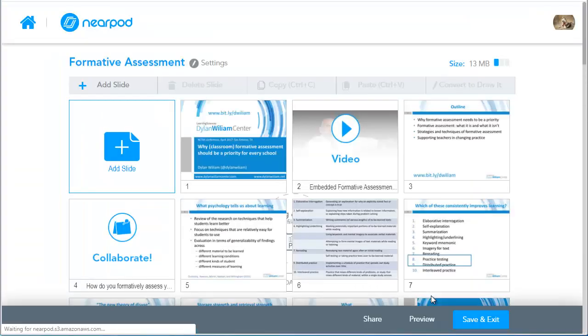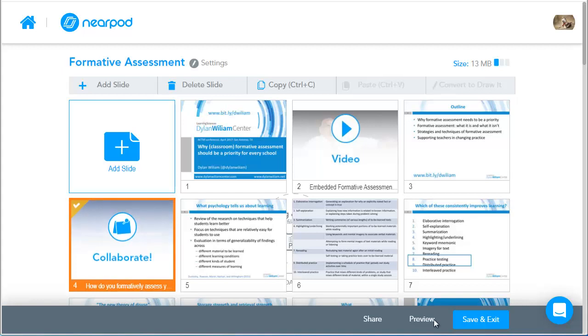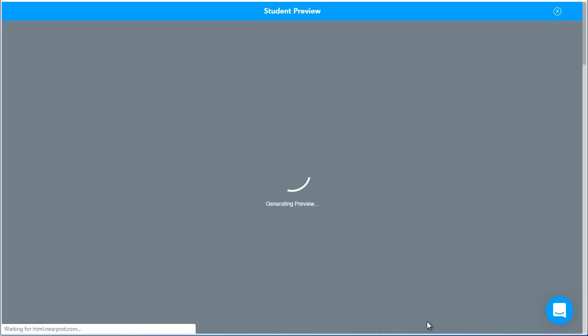Observation. And here's that Collaborate activity. So I'll see the name of the activity, and they could add an image. It appears at the bottom there, and in this little pop-up window. If I click inside here, I can preview it. You as the instructor have the ability to select moderated responses or non-moderated responses when you deploy this activity to